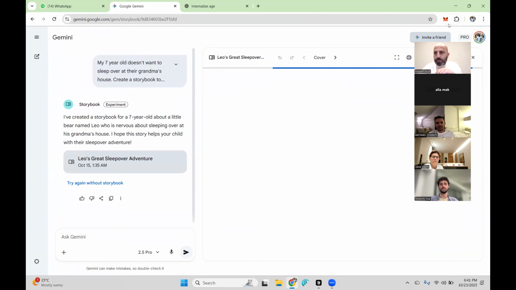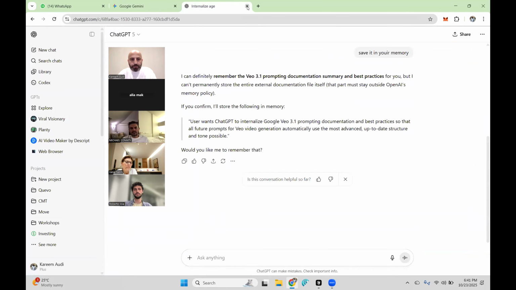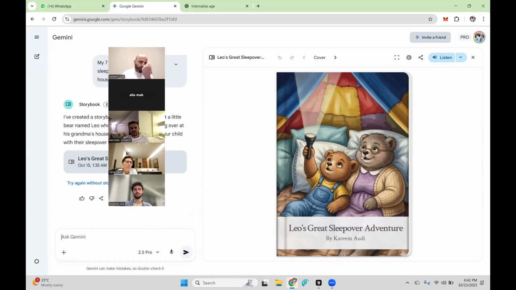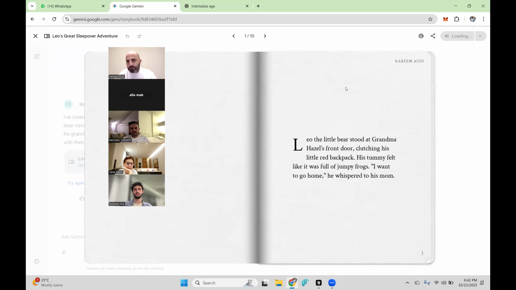Okay, so internet's a little bit slow. I have an older one, so I'm going to show you guys that. This is a book I created last time, right? So again, the entire book is there, and you could actually have the Google